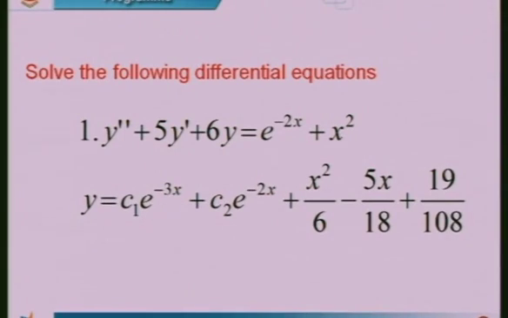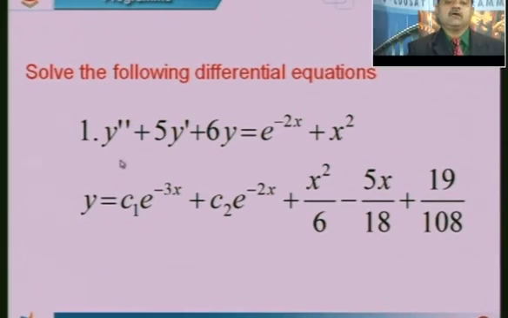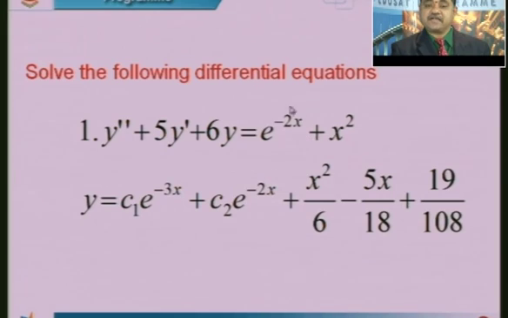So before that, as a practice, in the university examinations also you will find problems like this, a combination of types. This problem says y double dash plus 5y dash plus 6y is equal to e power minus 2x into x square. That means it is a combination of type 1 and type 3. This is type 1, this is type 3. Again it is just like a revision. Replace d by a for this, apply the division process which we have told now.